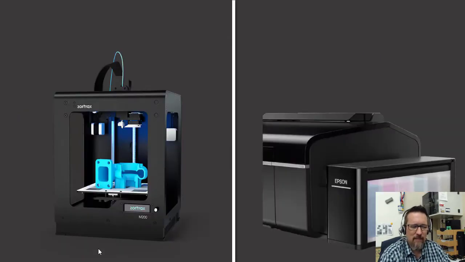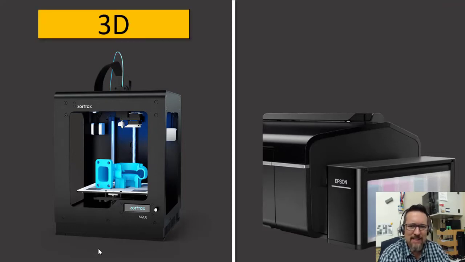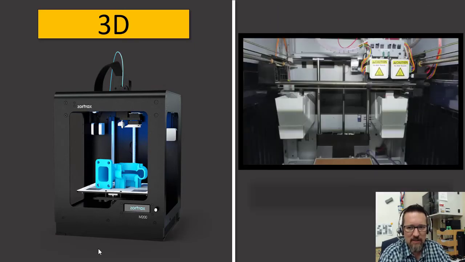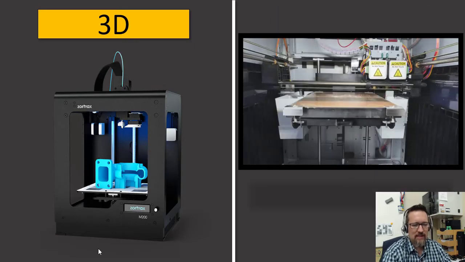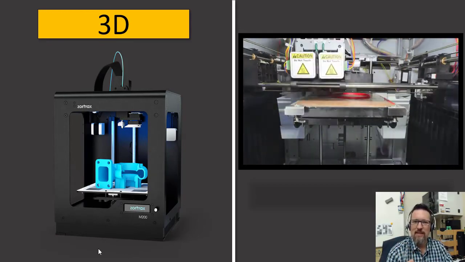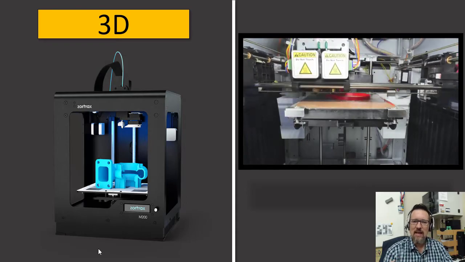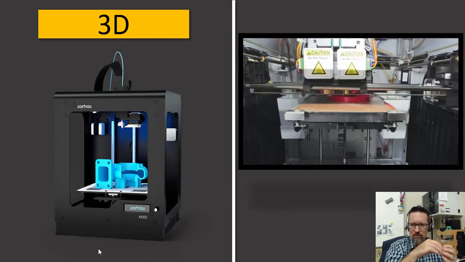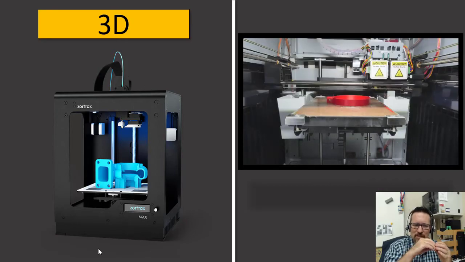Okay, let's have a look at these two new printers. We have a 3D printer, a three-dimensional printer able to print 3D objects, and an ink tank, not a think tank, an ink tank. Now, the 3D printer is fantastic. It's able to take filament, a special kind of plastic or different kinds of plastics, through a tube into a special compartment, into a nozzle that's heated up, and it squirts out the melted plastic at a very fine rate